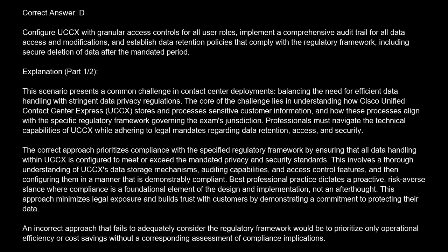The correct answer is D. Configure UCX with granular access controls for all user roles, implement a comprehensive audit trail for all data access and modifications, and establish data retention policies that comply with the regulatory framework, including secure deletion of data after the mandated period. Explanation. This scenario presents a common challenge in contact center deployments, balancing the need for efficient data handling with